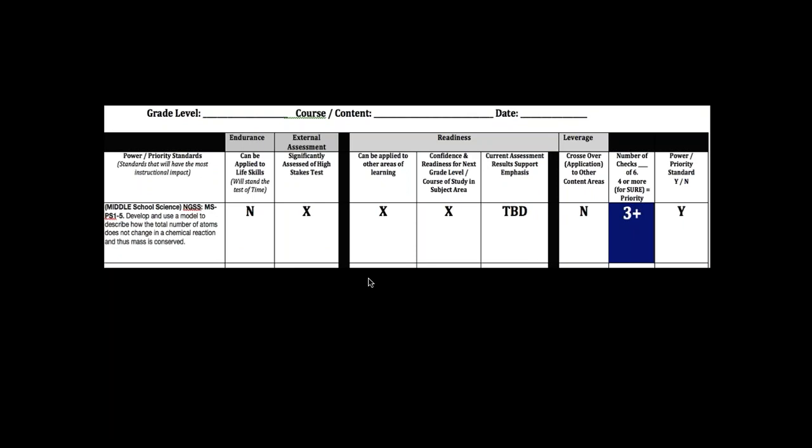So here's a middle school Next Generation Science Standard: develop and use a model to describe how the total number of atoms does not change in a chemical reaction and thus mass is conserved. That is not something that's going to carry over into life skills. It is not something that students are going to need to succeed